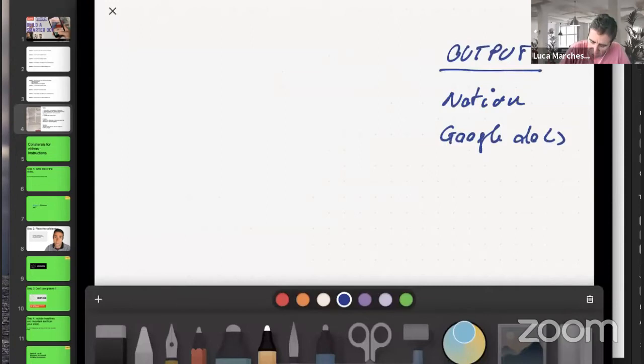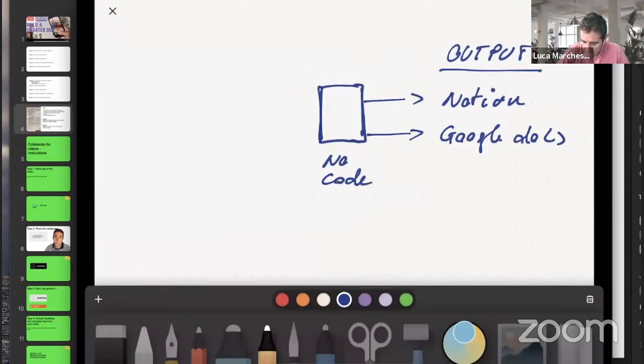So whatever we do, the highlights will be reflowed either there or in Notion. So how do we do this? Okay, well, we'll have to use an infrastructure, a no-code infrastructure, to take the output of our